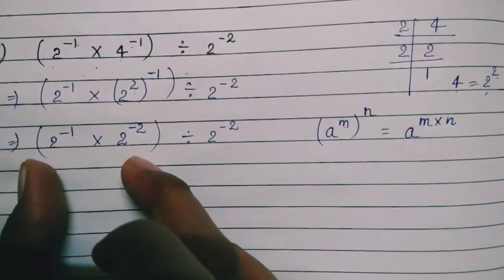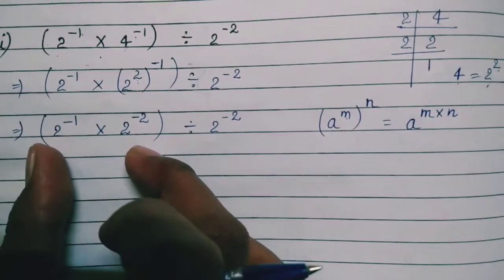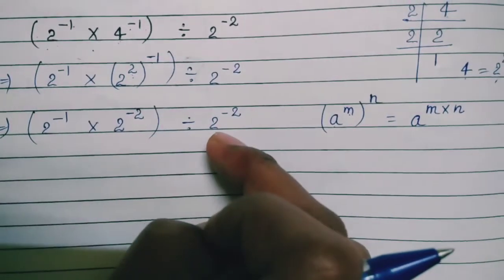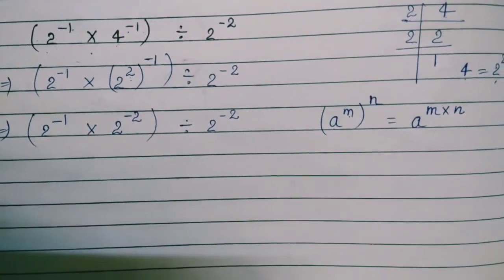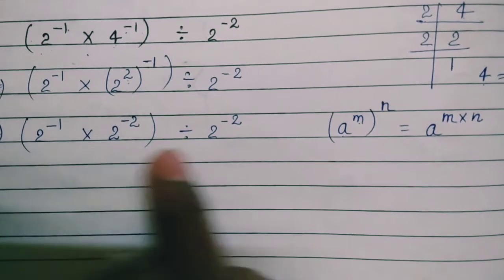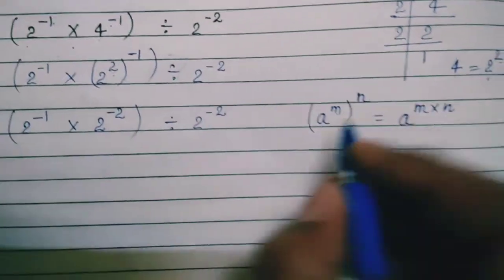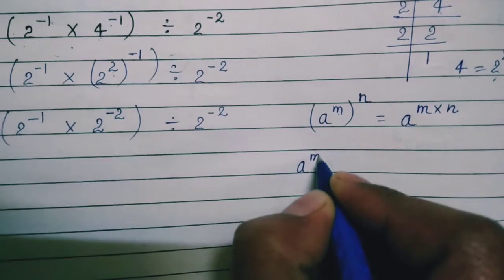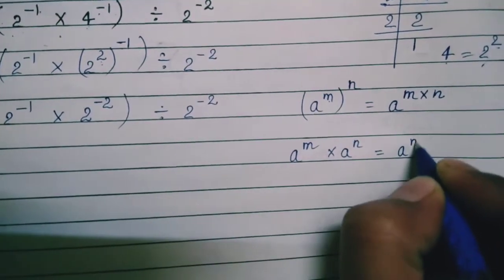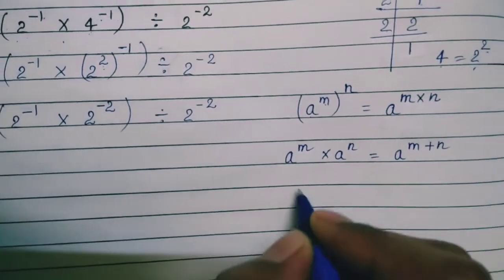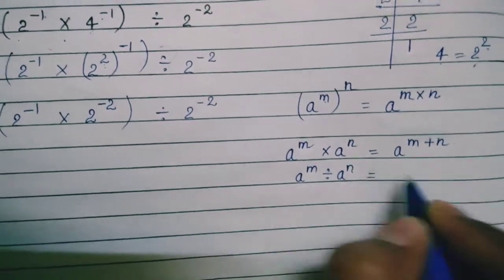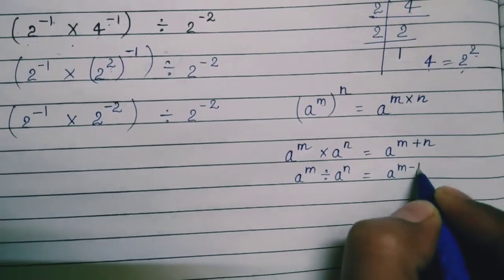Now in the starting 2, you can see the multiplication, and in the result of the starting 2, this division 2 raised to the power minus 2 is here. You can simply see here we have the same base in each term. So in the starting 2 we can apply the law, which is a raised to the power m multiplied by a raised to the power n. So here we will add the powers, and when we have a raised to the power m divided by a raised to the power n, on that time the powers will subtract.